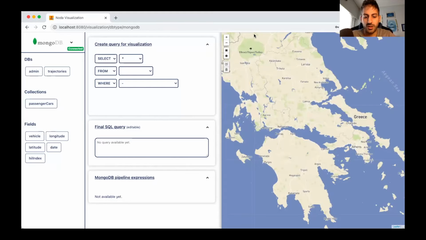From the presented window, we can visualize the results of spatial and spatiotemporal queries on the map that is shown on the right side. I'm proceeding now to the construction of a spatiotemporal query from the SQL builder that is shown on the first panel of the center side of the window. I'm clicking on the select clause where I leave the star as is. Then I'm choosing the passenger cars collection,